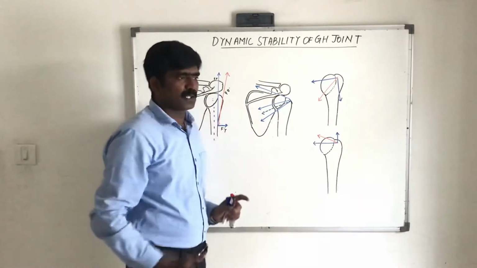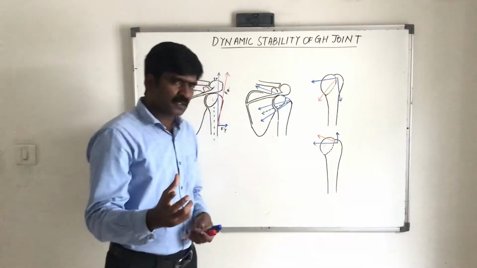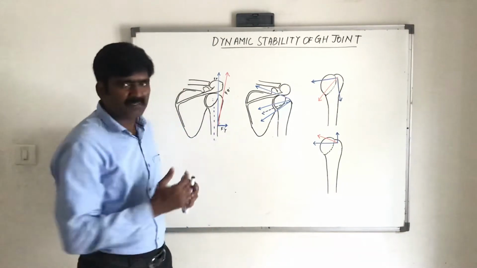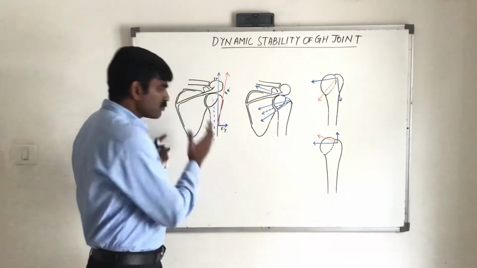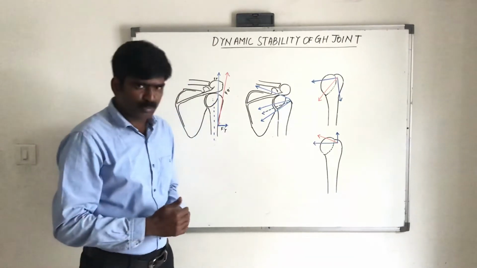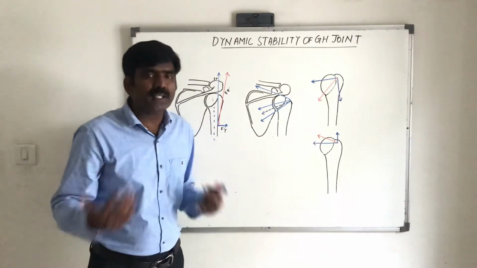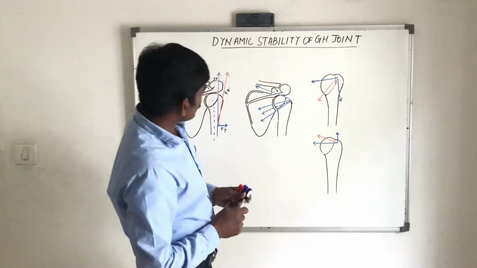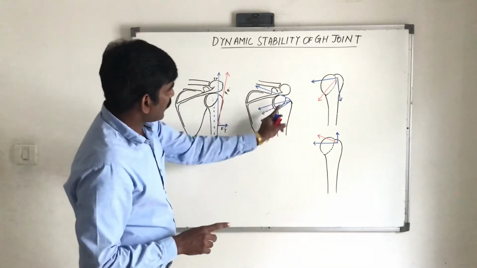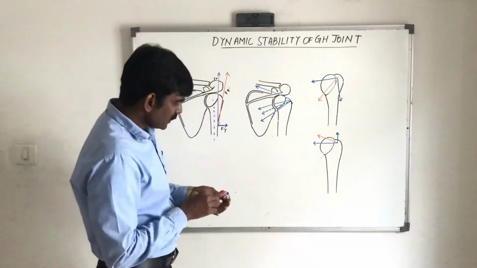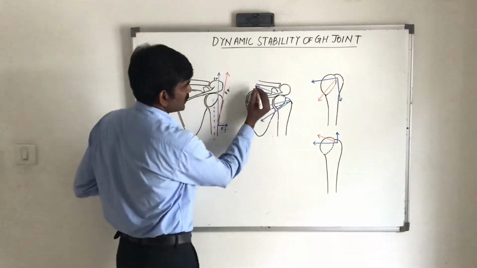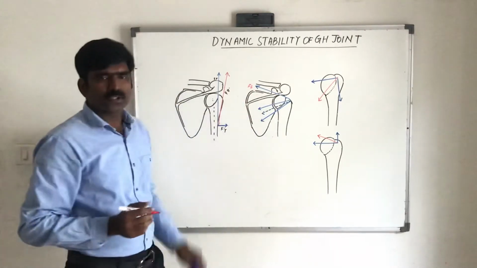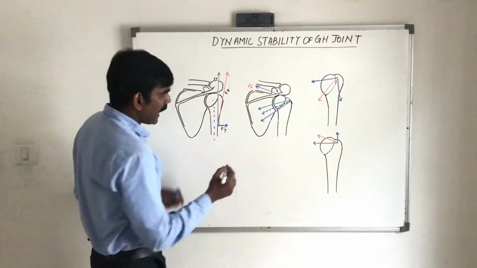Now we will discuss the role of rotator cuff muscles in stabilizing the glenohumeral joint. Till now we have discussed the role of the deltoid muscle in stabilizing the glenohumeral joint. Now we are going to discuss the role of rotator cuff muscles. So here in this diagram you can see the four lines of force. Clear? The topmost one is the line of force of the supraspinatus muscle, and